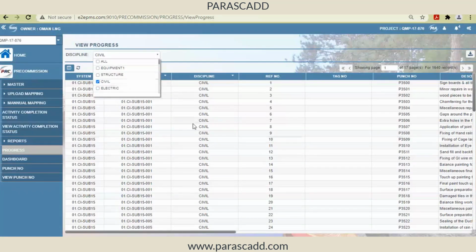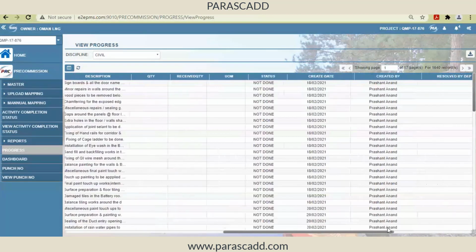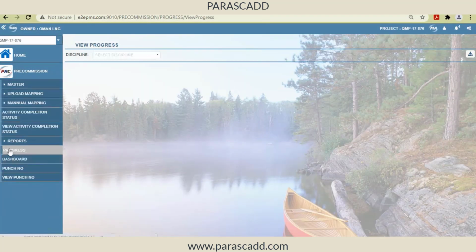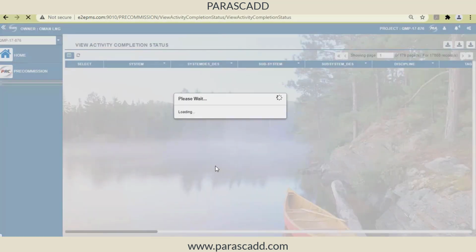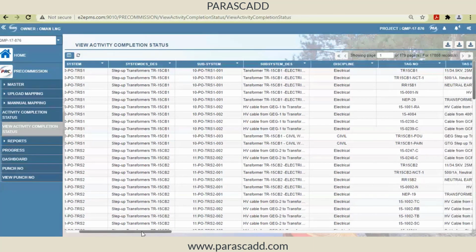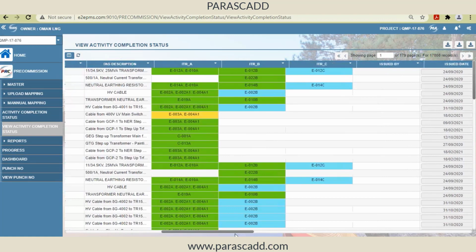So I can filter out and then I can see the results for civil, how many are opened against a particular subsystem like this. So it is nothing but grouping and filtration of the activities. So I can see progress in this fashion. So I can view completion status. So this first form will be an entry form where I can enter the progress. Next is the viewing form. So here you can see certain items are in yellow, which means out of this, maybe one of the items I have completed, one of the items is still balanced. So we can see the status, and then we can generate a report against this.